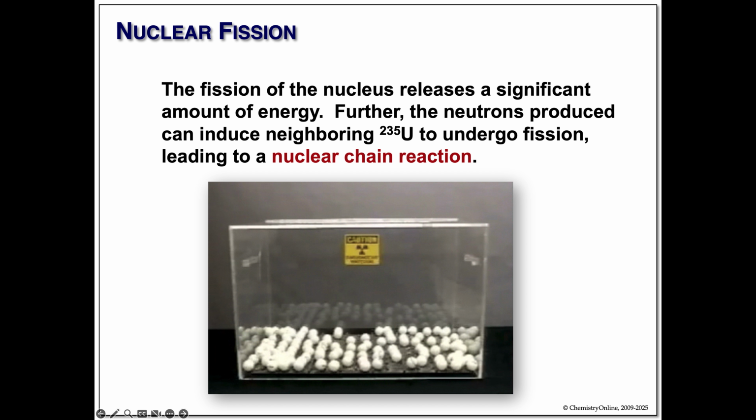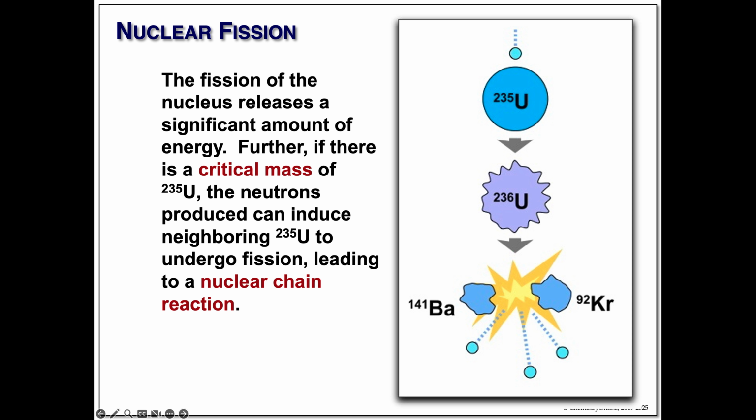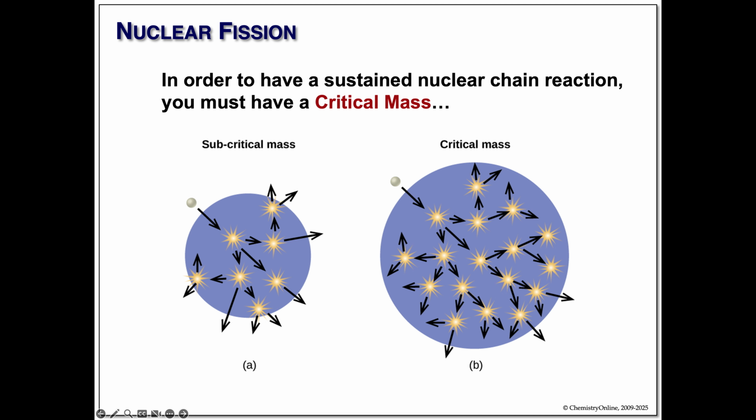Now, in order to get a nuclear chain reaction to work, you need to have enough uranium-235 around. The amount is called a critical mass. If you have a subcritical mass, you lose the neutrons and nothing happens. So, subcritical mass, neutrons escape. This can either be low density or just not enough of the stuff, not enriched enough. Critical mass, virtually every neutron will hit and go with it.